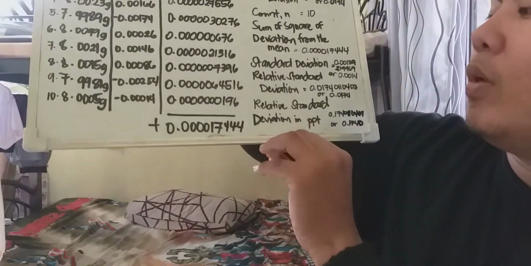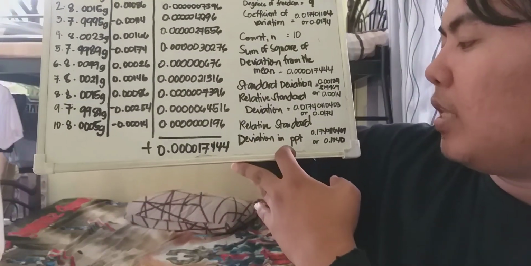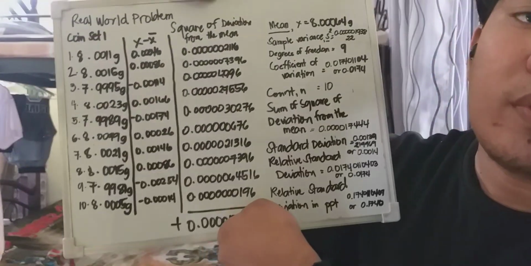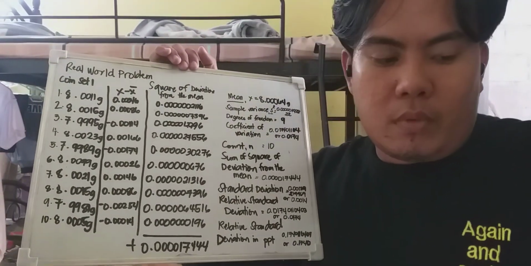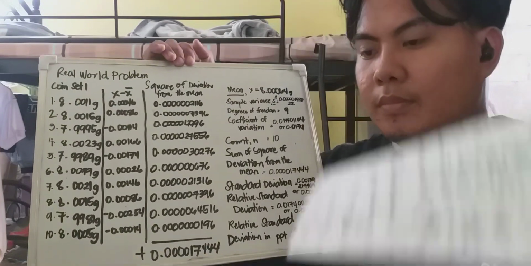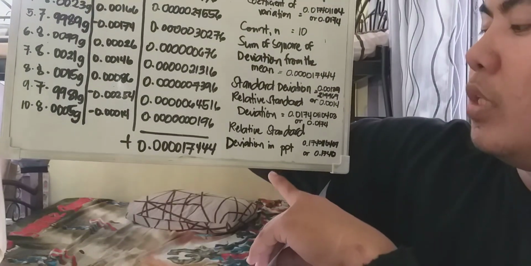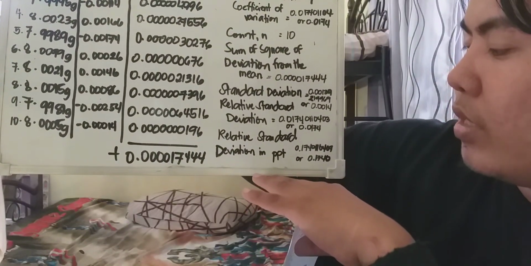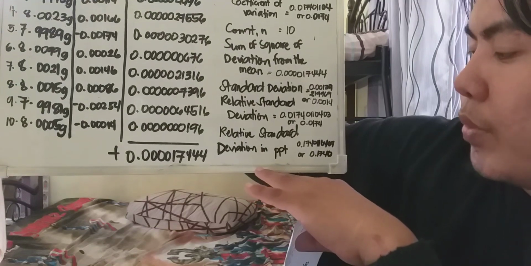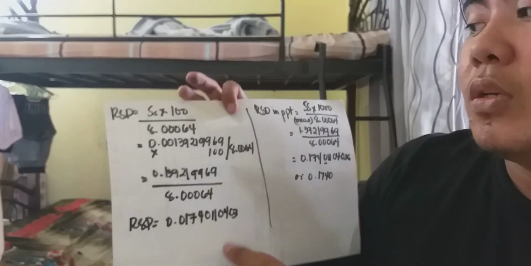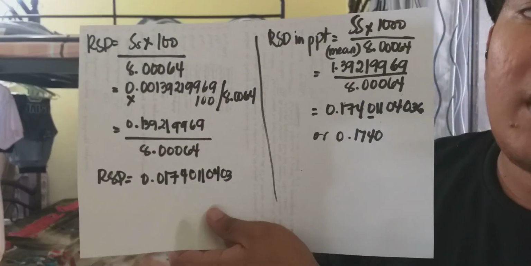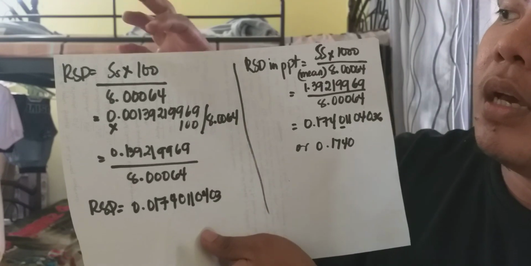And now, to get this relative standard deviation in ppt, you just need to change the times 100 earlier into 1,000. Change the multiplier to 1,000 and you will get the result. Our relative standard deviation in ppt here is 0.174011 0409, or 0.1740. To get that, we have the same formula as the relative standard deviation,